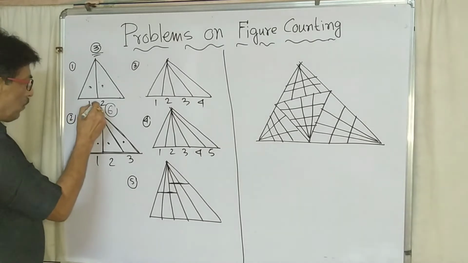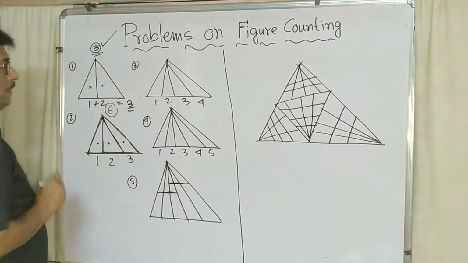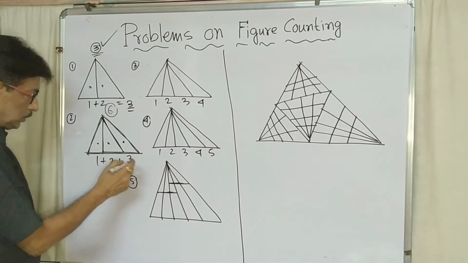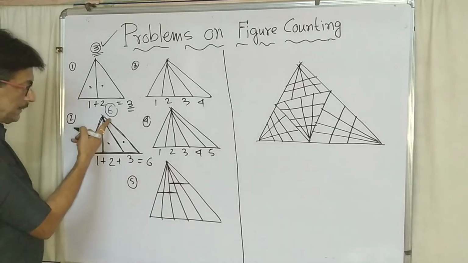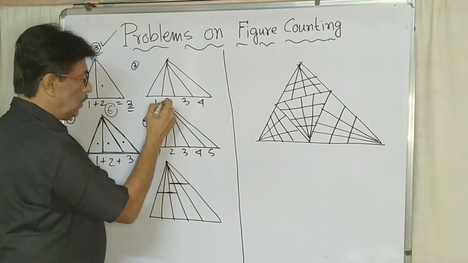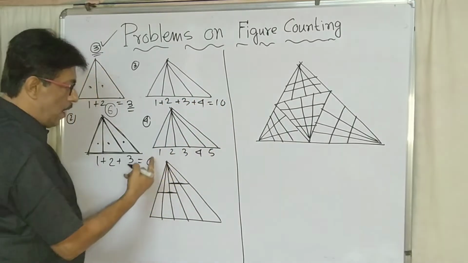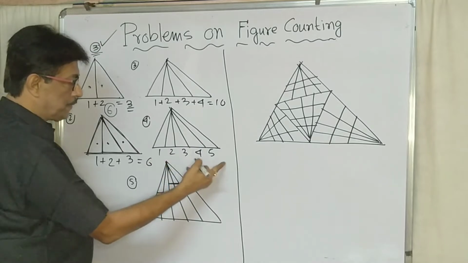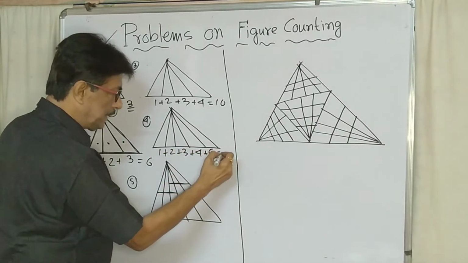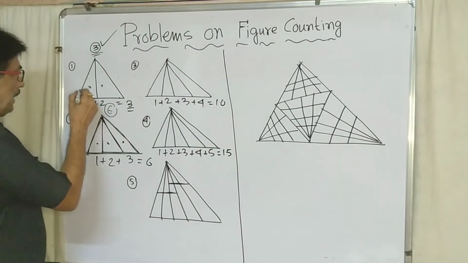Now add these numbers: 1 plus 2 is 3, so a total of 3 triangles are there. If I add this plus this plus this, the total is 6. Observe, 6 triangles are there. If I add 1 plus 2 plus 3 plus 4, the result is 10 triangles. If I take 1 plus 2 plus 3 plus 4 plus 5 and add them all, we get 15 triangles. Now, if I draw one line here,